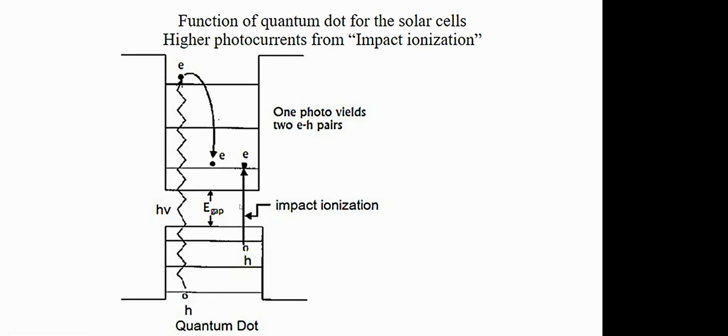So this is the advantage of using quantum dots, that you can get more than one electron hole pair at the cost of a single photon. This we call multi-exciton generation. So if this is possible, you are increasing the internal quantum efficiency. Remember, we used the word in the beginning, how to characterize quantum solar cells: internal quantum efficiency. So you are increasing the internal quantum efficiency of your solar cell to 200%.